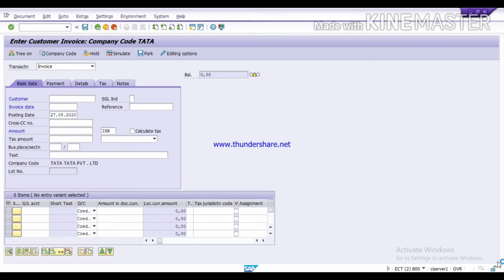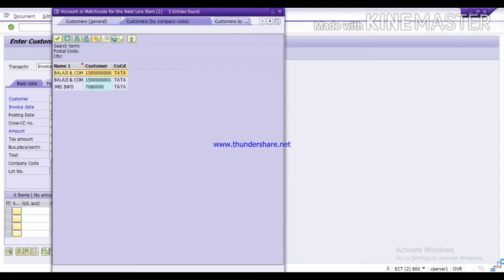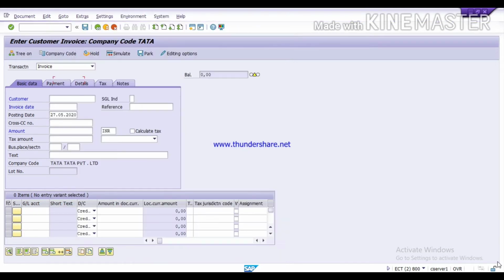Here, press F4 key to see the customers and select your customer, Balaji and Company, and give the invoice date 27th. Posting date is 27th. The amount is 2,50,000. Here you can give narration.